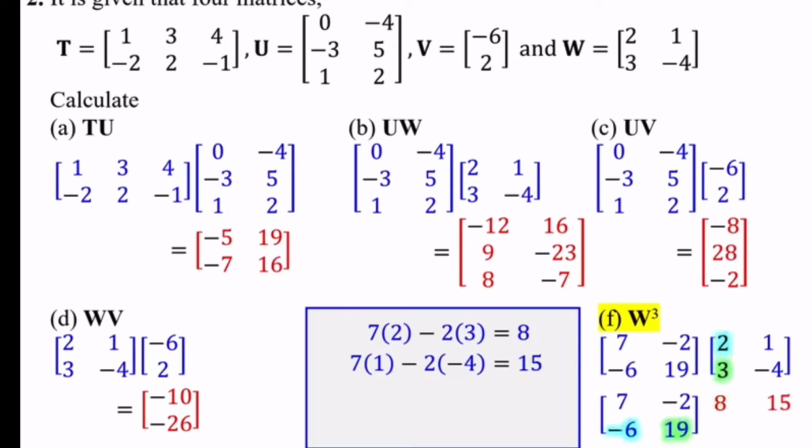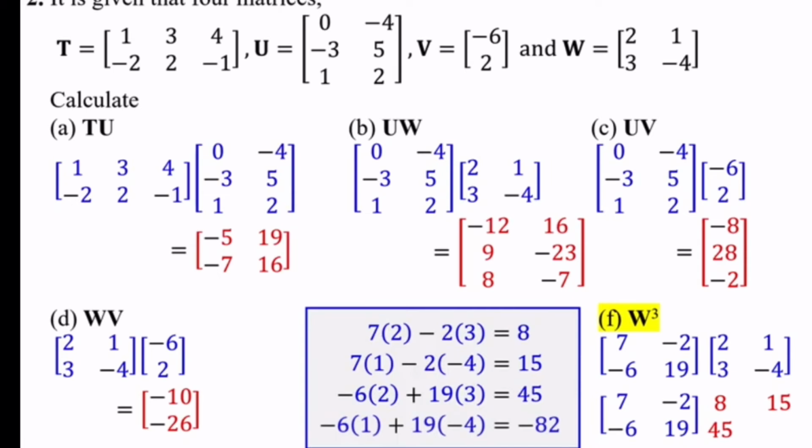Then we'll take negative 6 times 2 plus 19 times 3. So we'll get the answer, which is 45. And the final answer will be negative 6 times 1 plus 19 times negative 4, which is